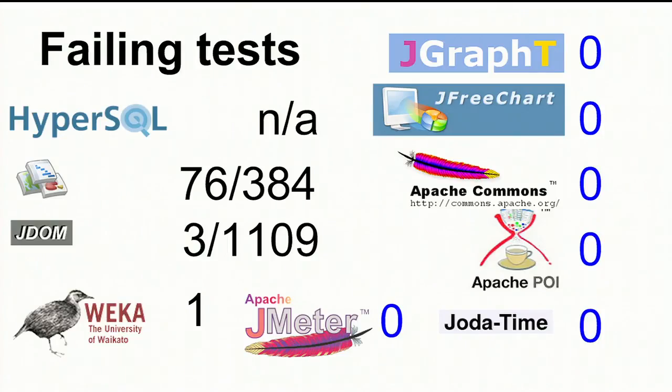So flaky tests, how many flaky tests are there? Well, these open source test suites are, I guess, pretty simple, and they do not have a lot of flaky tests, except for HyperSQL. I just couldn't run it, so all of its tests are flaky, I guess. Google Visualization has 76 out of 384, so that's high. But everyone else is really low, and so 6 of these test suites have 0 failing test cases. Weka has 1 failing test case, and JRAM has 3 failing test cases. So for whatever reason, these open source projects probably have the thing where it's like, OK, you can't really commit to this project if you have failing test cases.